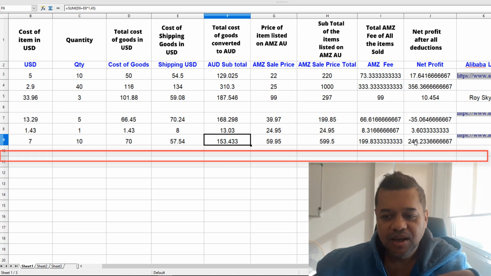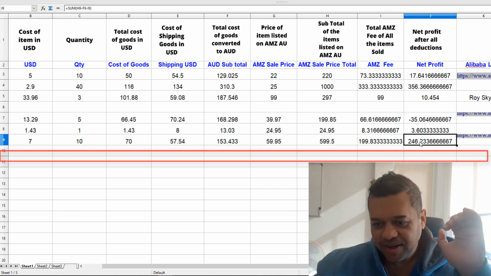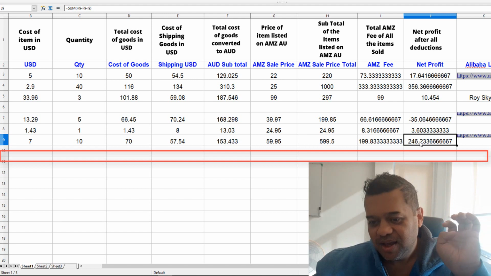Then I subtract the Amazon fee, and this is my true profit, my net true profit. By the time I take my landed cost and everything away, including the Amazon fee, this is my true cost, which is I'll make